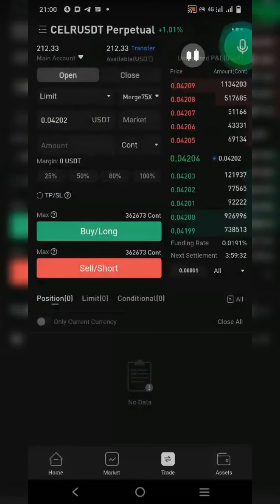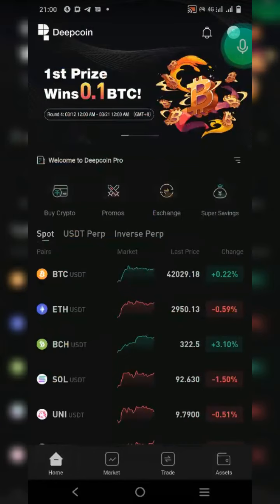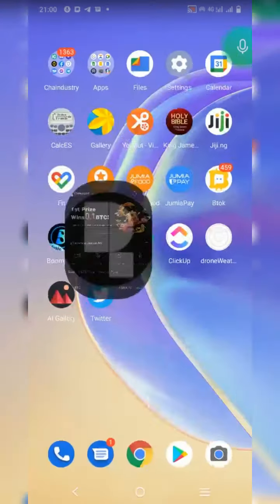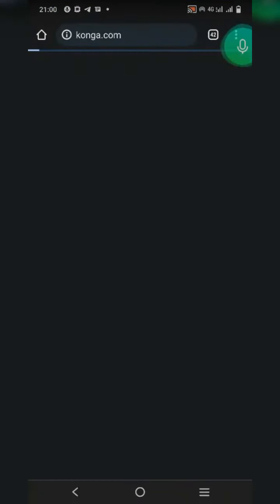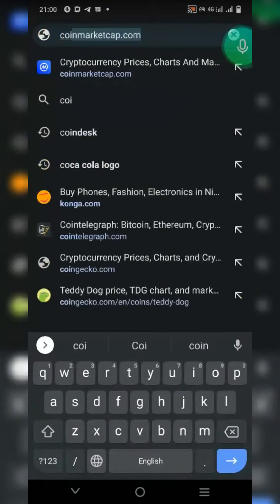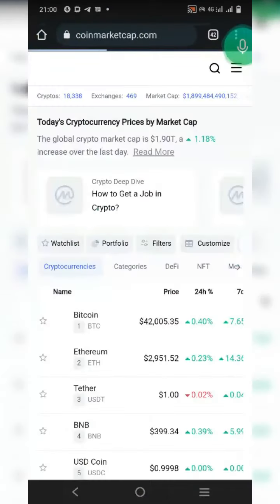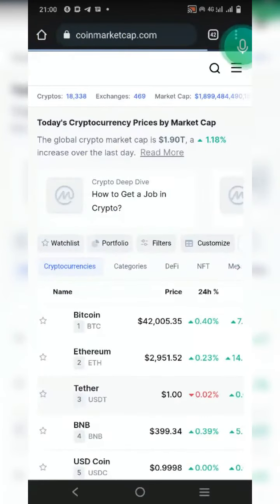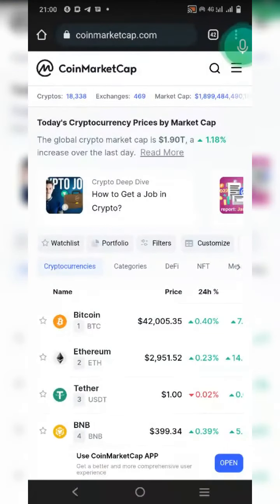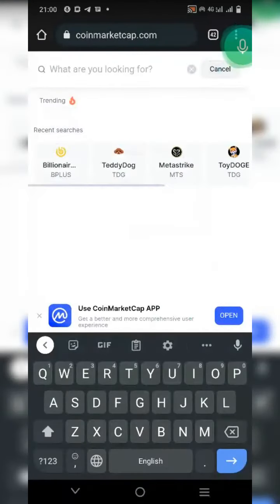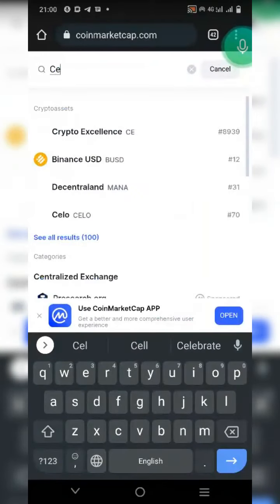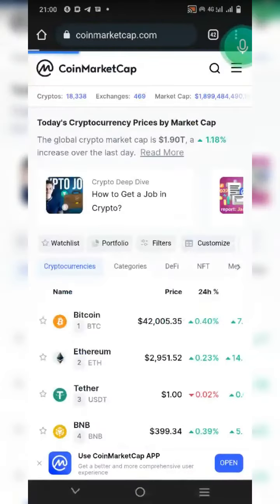So you can read about the token or that cryptocurrency by going to CoinMarketCap to search. Let me show you guys CoinMarketCap on my Chrome. CoinMarketCap. This is a great website that has information. You can see the price of Bitcoin here is similar to what we had there. So you can look at CELR. You can do your technical analysis everywhere. You can do it on